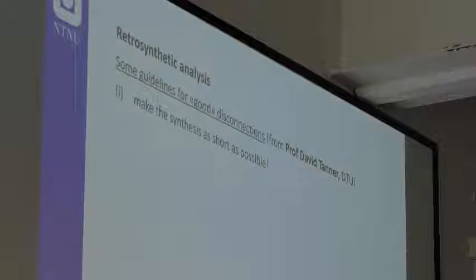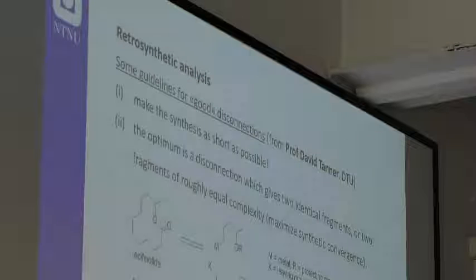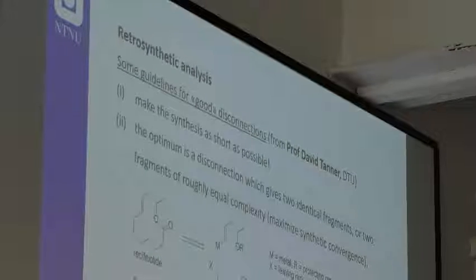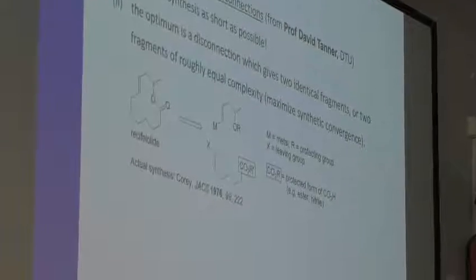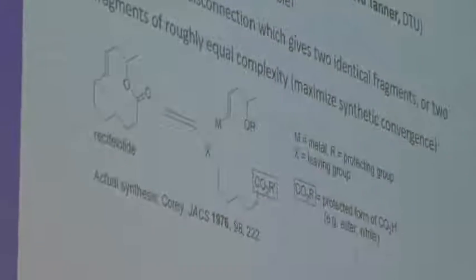You should remind yourself that this gives you 2 extra steps. But with highly functionalized compounds, it's very difficult to avoid that. The optimum is a disconnection which gives two identical fragments or two fragments of roughly equal